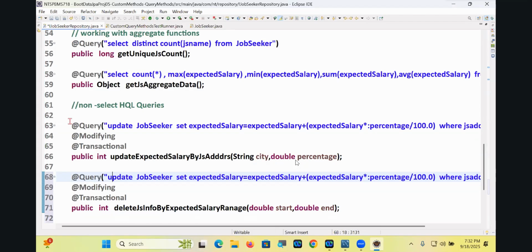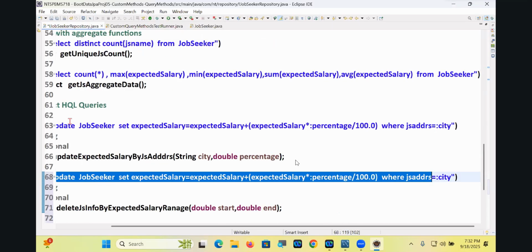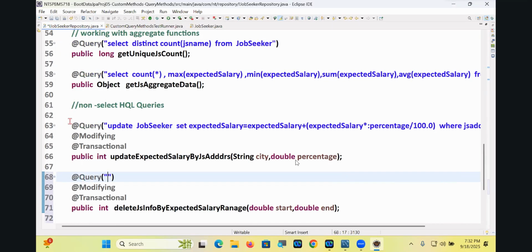@Query. Delete from job seeker. Delete from job seeker where